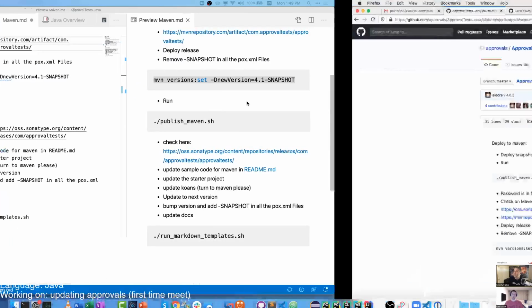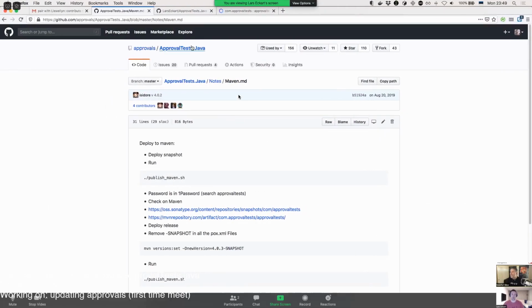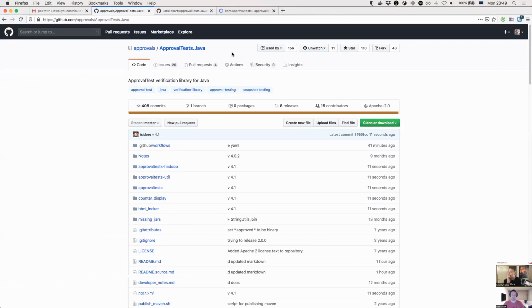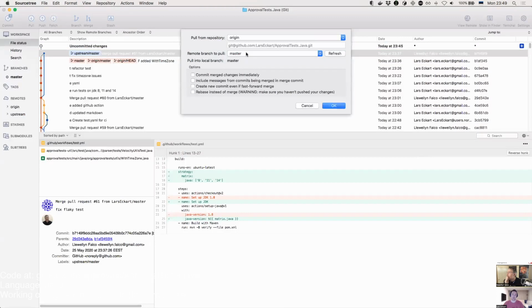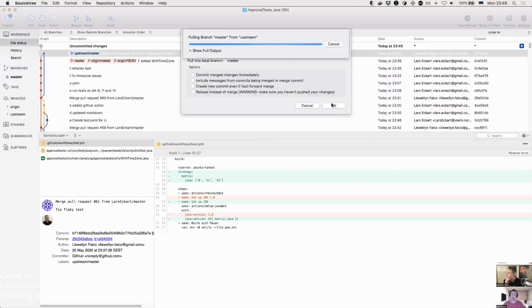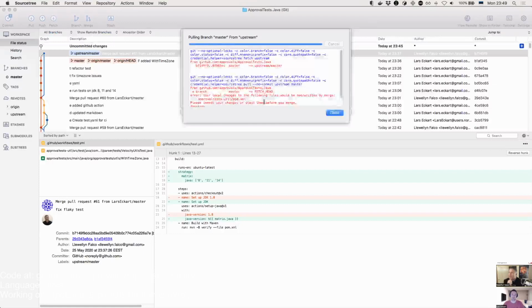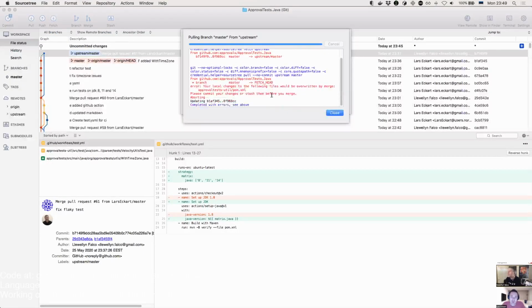So quickly on your side, let's pull origin. For me, it's upstream. Upstream. Yeah, sorry. What's local, discard your Palm changes.